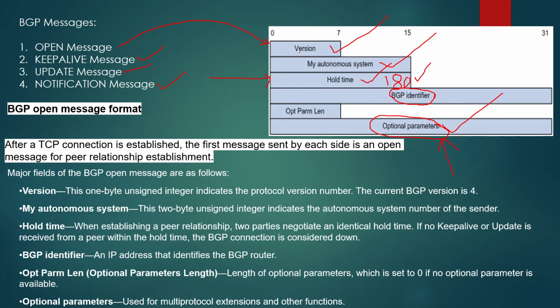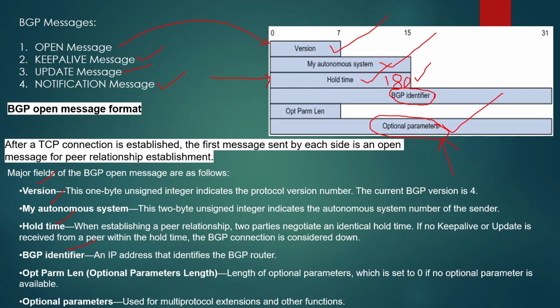So the BGP open message fields are: version, autonomous system, hold timer, BGP identifier, and optional parameters. And here you will see authentication type and data as well. Each and every field I have described here, go through the PPT and learn it.